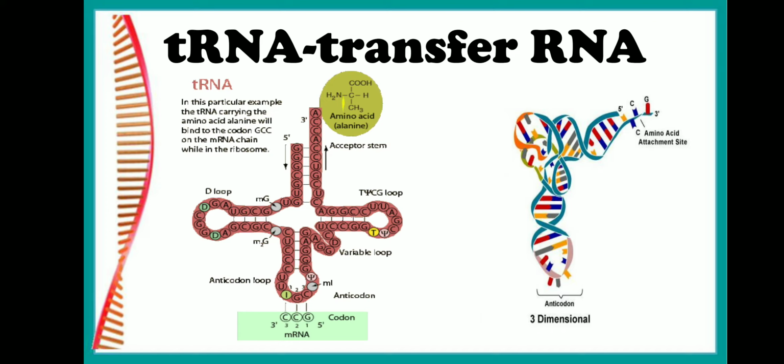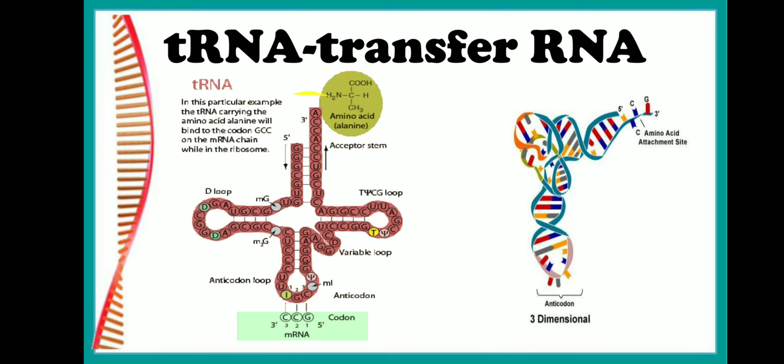The CCA group has an adenine at the end, which has a 3' OH, which always combines with the COOH of the amino acid to form a bond. In this way, the amino acid is carried on to the tRNA molecule. The 3' OH will form a bond with the COOH group of the amino acid, forming the aminoacyl tRNA. The tRNA molecule which is carrying the amino acid is called the aminoacyl tRNA. Now the 3' end on the acceptor arm is called the carrier end because it carries the amino acid.